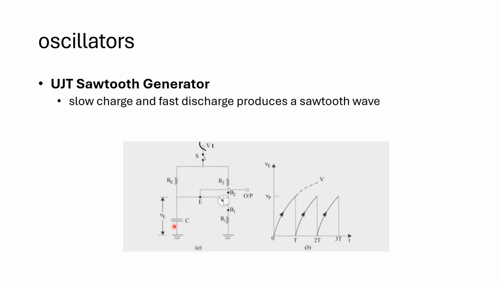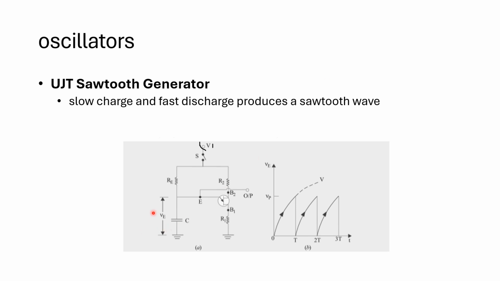So therefore, your C starts discharging through B1 and R1 at a rate determined mainly by the emitter base 1 junction resistor and R1. So as capacitor voltage approaches 0, again, your EB1 junction becomes reverse bias and thus stops conducting again. And then we revert to the initial state where C begins to charge again, and the whole cycle of circuit action is just being repeated.